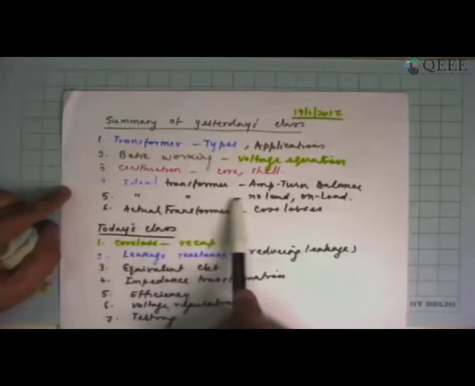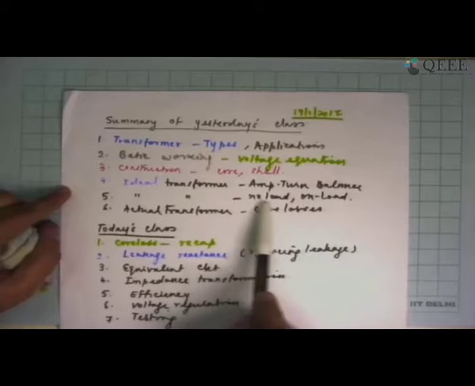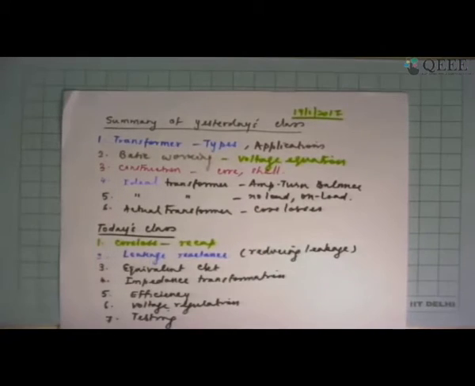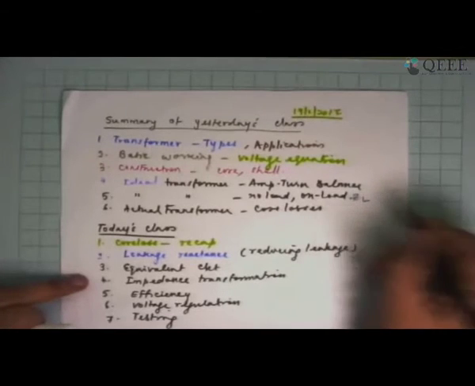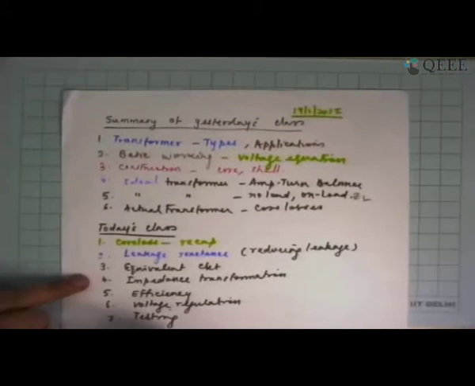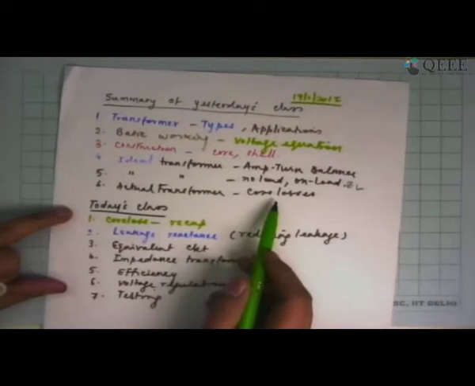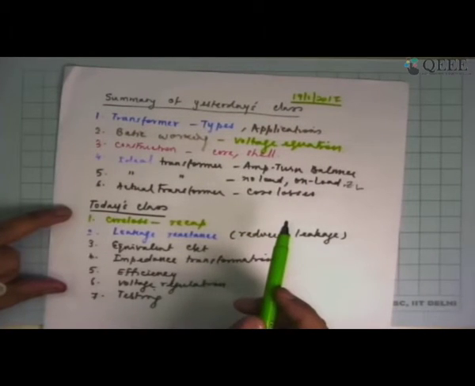Then we had looked at the ideal transformer's functionality under no load and on load condition, how a load ZL connected on the secondary side can be transformed to the primary side. That also we took a look. Then we had taken a look at the actual transformer, specifically with respect to the no load condition, which is core losses. So let us go back to what we discussed in terms of core losses.